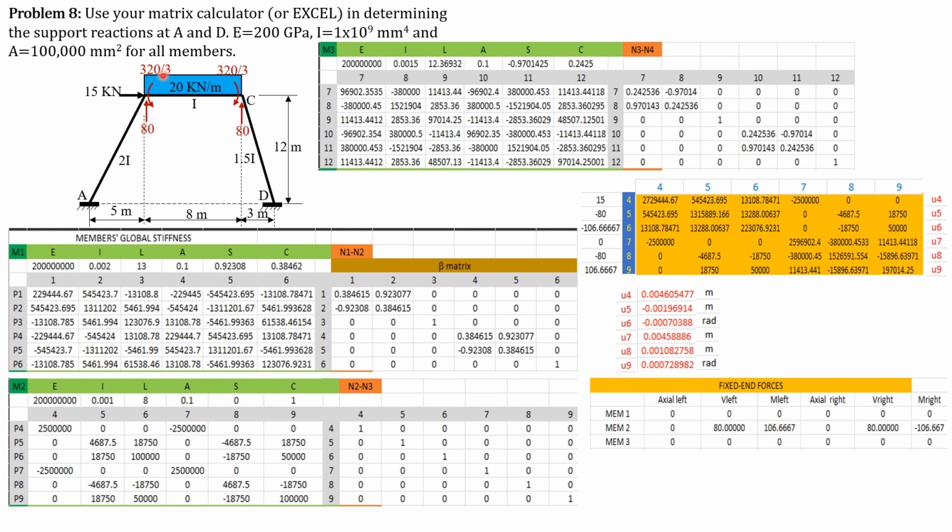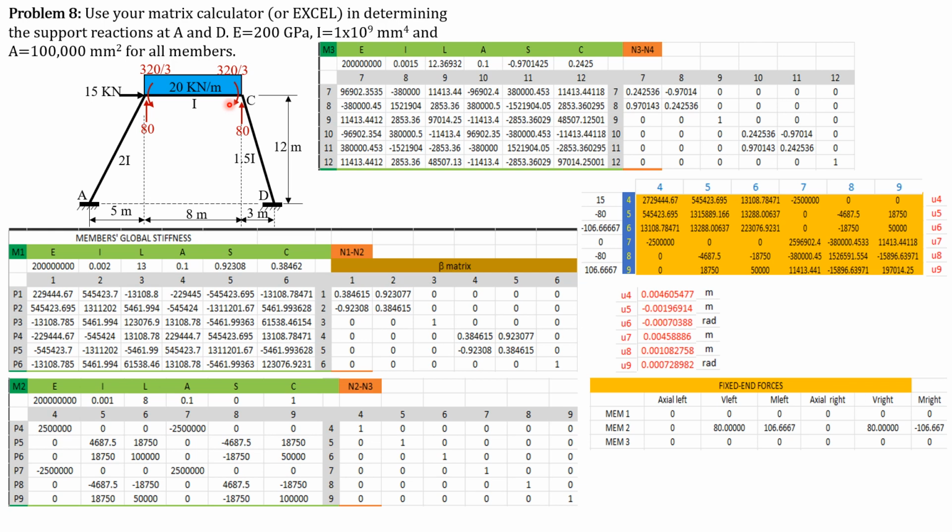80, 320 over 3 for moment, positive. Then, of course, 0 axial. At right, 80, then negative 320 over 3 or negative 106.667. Because we use this in computing member forces, we have to add the corresponding fixed forces. So as I said, only BC, member 2, will have its member forces not yet final.